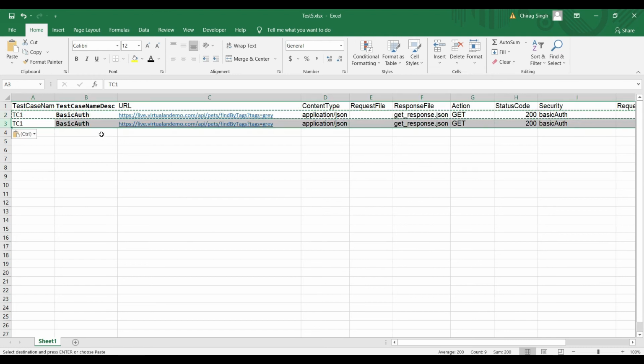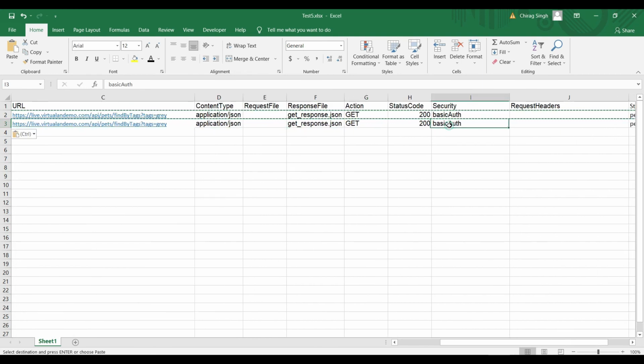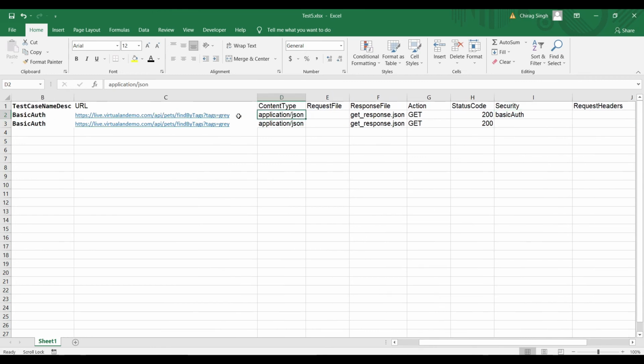Suppose this endpoint is Okta, I'm talking about Okta now. The access token is the name of this, and second, the Okta get request.